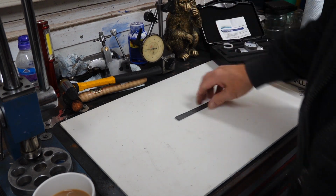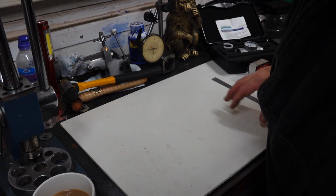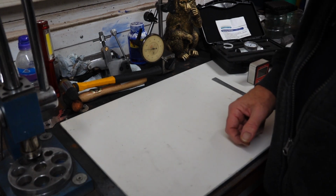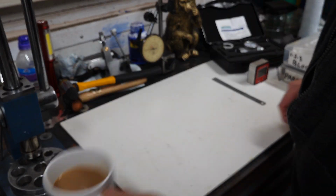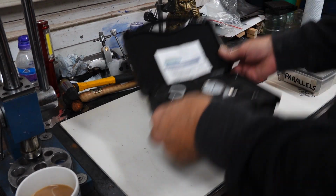One lovely thing I bought, and I don't regret this, and I've used it two or three times, and you might have seen me using it. I think a lot of YouTubers have them, and they're a lovely thing to have. You can buy them from cheap to expensive. This was a mid-range one. Nice new fresh cup of coffee, Kenco. This is from Machine DRO,